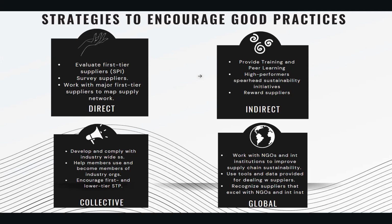Indirect ways, you could provide training and foster peer learning. You could select high-performing suppliers to pilot new sustainability initiatives, and you could reward suppliers for cascading sustainability requirements to lower-tier suppliers. From the collective perspective, you can commit to developing and complying with industry-wide sustainability standards and help suppliers become full members of industry organizations. Via industry organizations, you could share resources with competitors and major suppliers to achieve sustainability goals. And you could encourage first and lower tier suppliers to take advantage of sustainability training programs offered